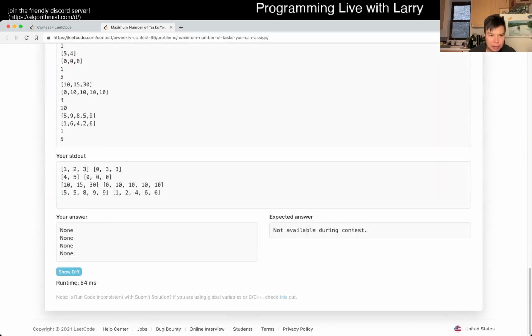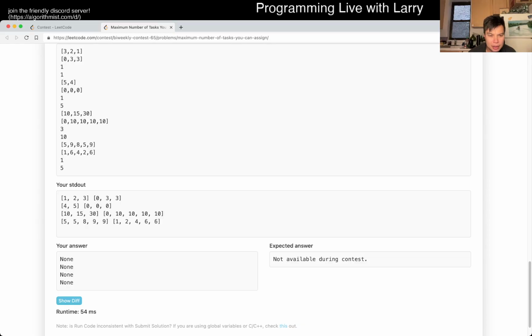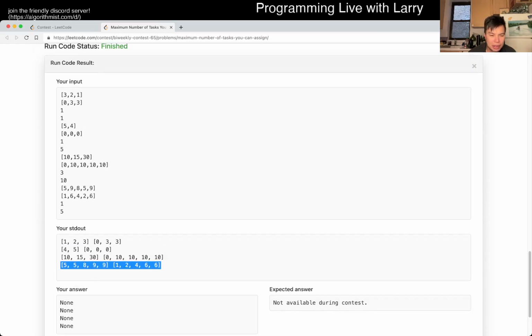Let's see if I could come up with a visualization a little bit. I think for n as you go to m, the greedy works. And in this one, you might match the 10 with the 15, but without using any pills, match the 10 with the 10. Okay, so I guess my question is, does using a pill,